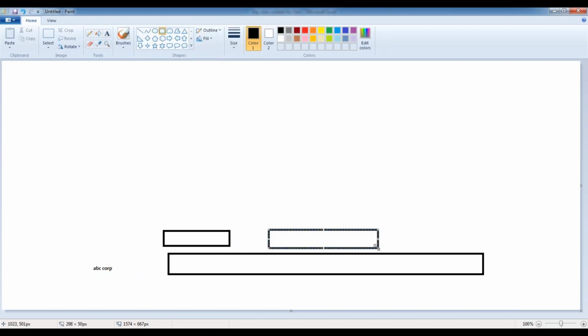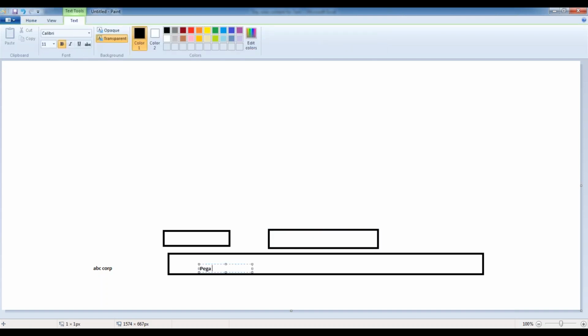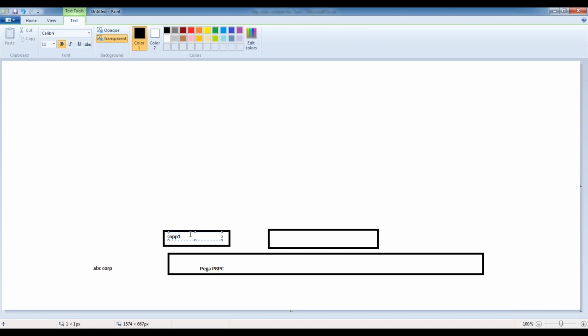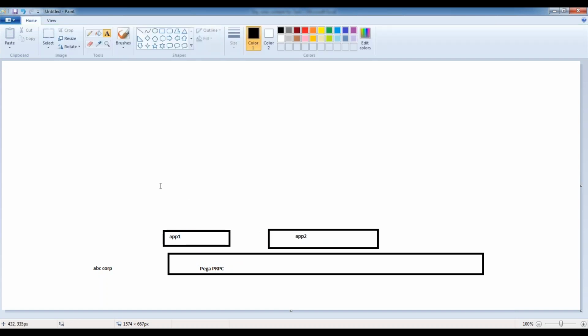They want to build on top of Pega only. This is the base version, Pega PRPC. On top of that, they want to build application app1 and app2.